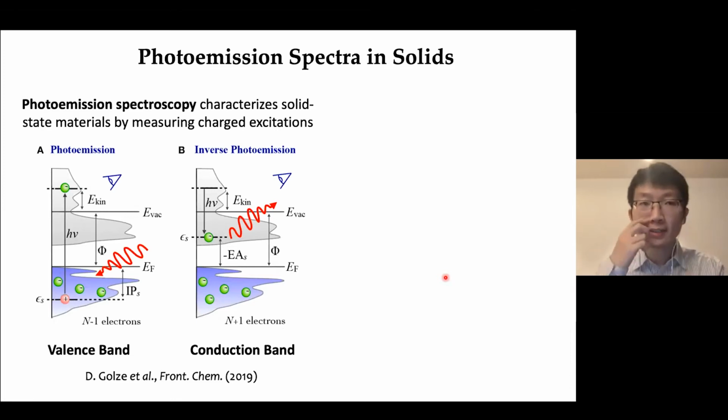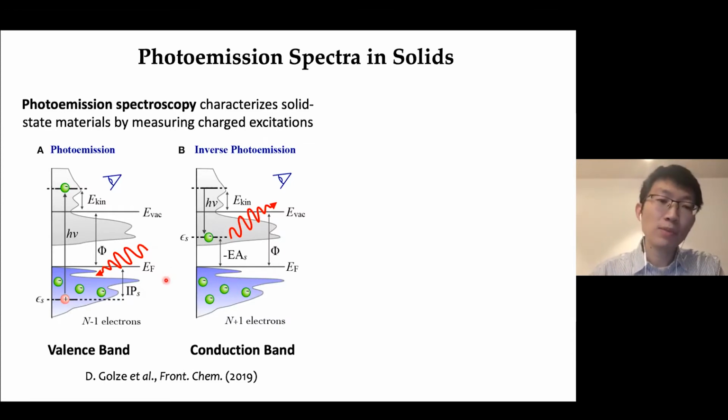I'm sure that speakers before me have already given great introductions to the GW method, but I just want to give you some background to set up the context for this talk. One of the most fundamental experimental techniques to characterize solid-state materials is photoemission spectroscopy, where in photoemission and inverse photoemission